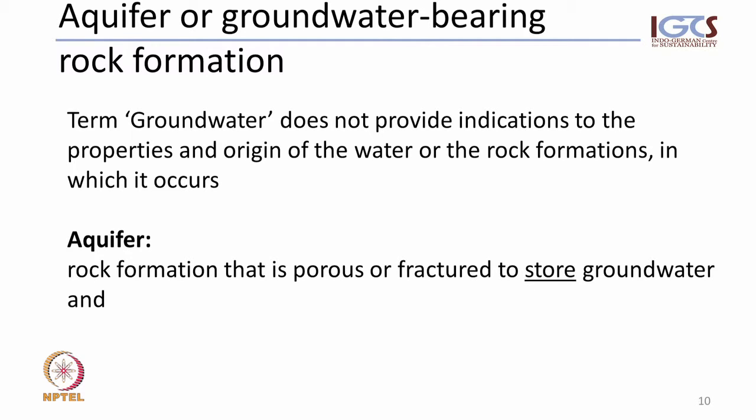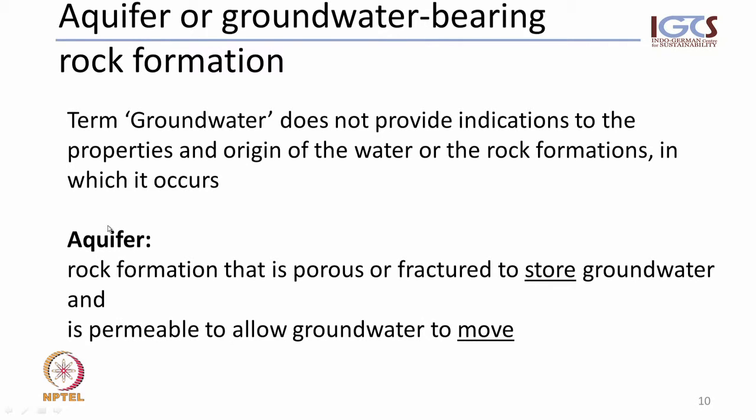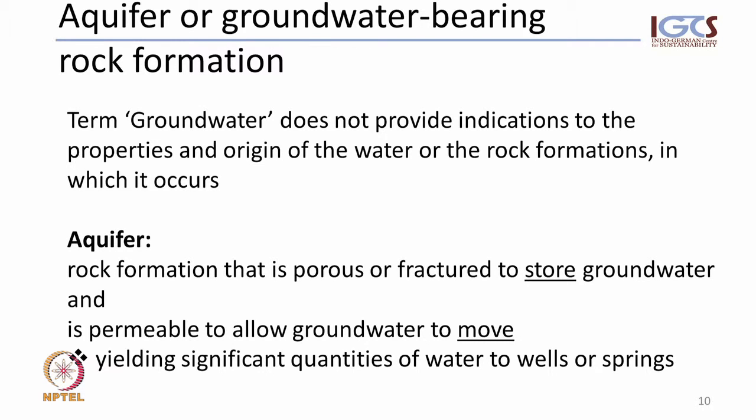So an aquifer is a rock formation that may be porous or fractured and stores groundwater and is able to allow groundwater movement. So they must be permeable for this to occur. Also, this definition is only relevant because of this condition. Aquifers must yield a significant quantity of water to wells or springs